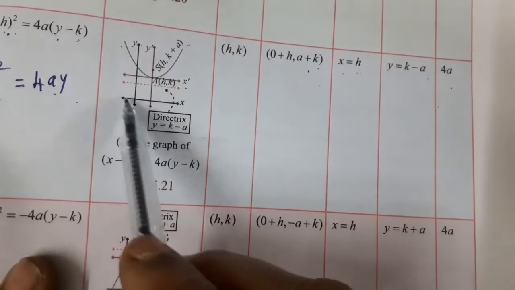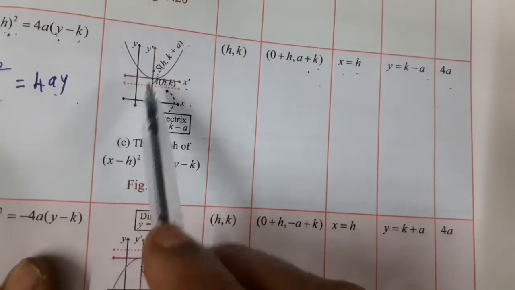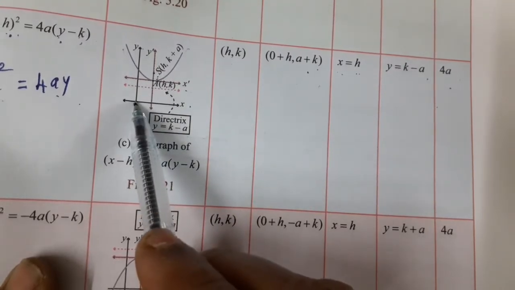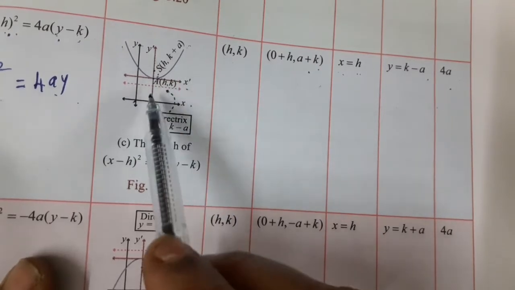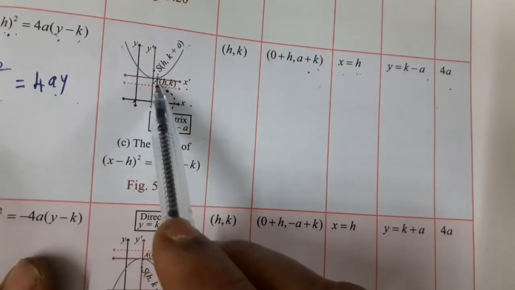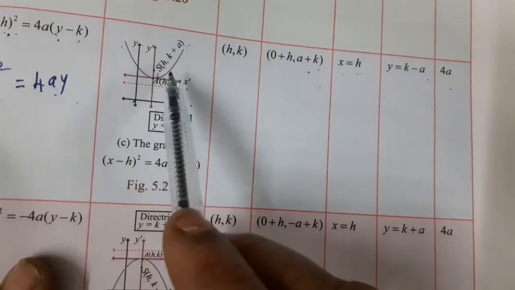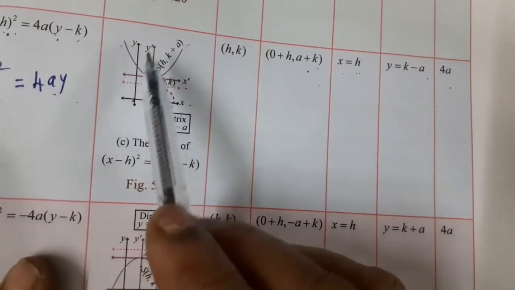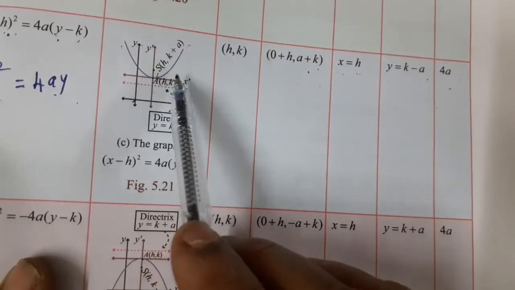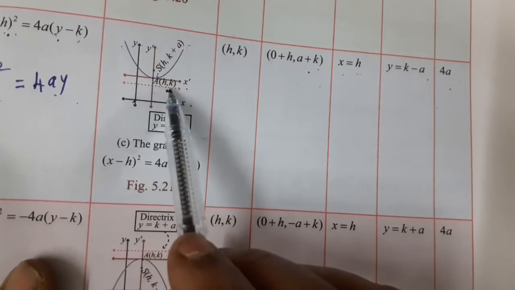See that one. This is what axis? X axis, y axis. Afterwards, that h comma k is how far you move from the origin. The origin is 0 comma 0. Suppose h comma k means the point is, say, 2 comma 4 or 3 comma 4. You move from the origin, anywhere in the first quadrant, so you have 3 comma 4, 2 comma 1, like that. That is the vertex A, which is h comma k.